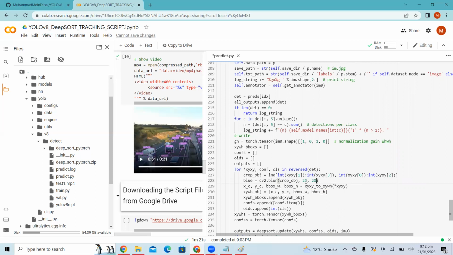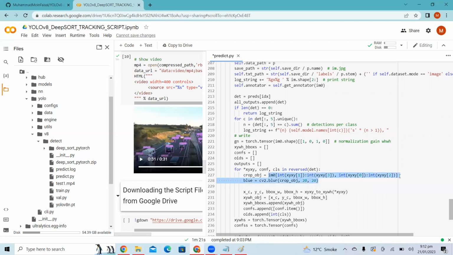If we keep the value of blur ratio high, it will completely blur it. So you can set it as per your requirements. I'm just setting it to 20. It is from 0 to 100. So this is the blur ratio simply. So now we are just setting. Now just copy this code from here and just write